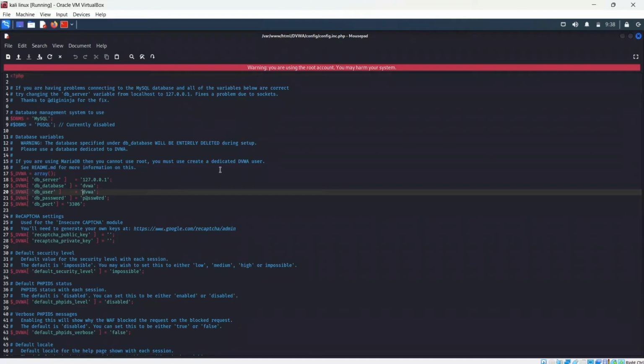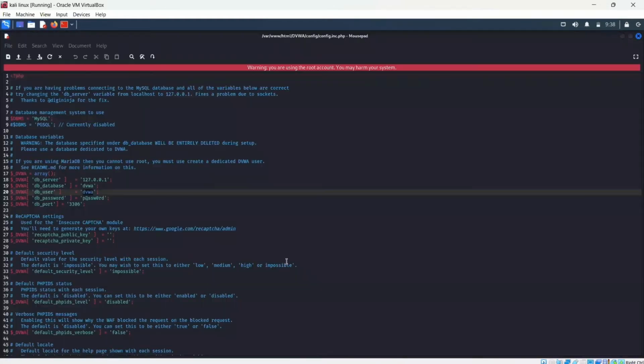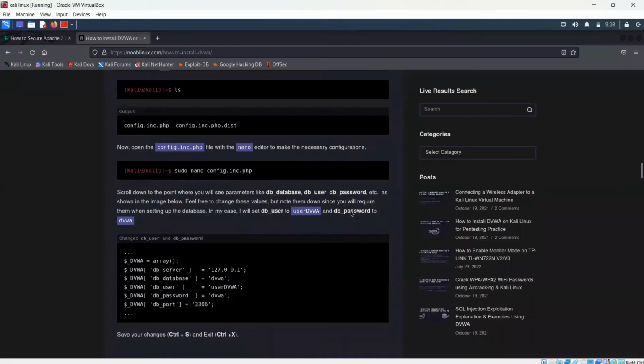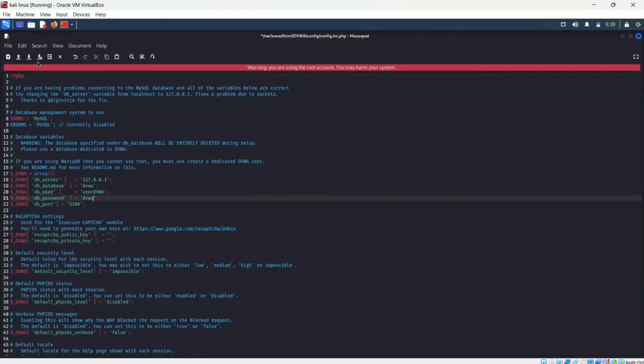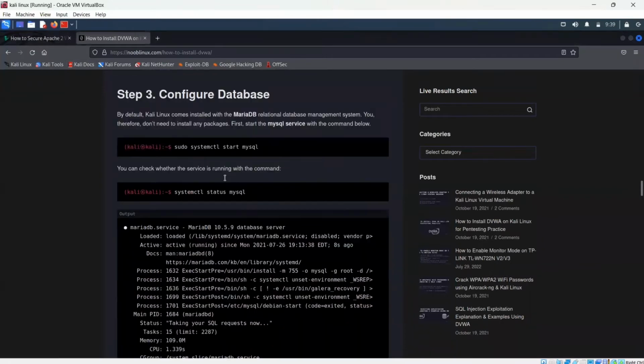You should remove the dvwa and you should replace it with userDVWA, capital, with no spaces in between them. Then you should change the password with small dvwa. I'll just recheck it. Yeah, it's perfect. I'm going to save it. Yeah, I just saved,